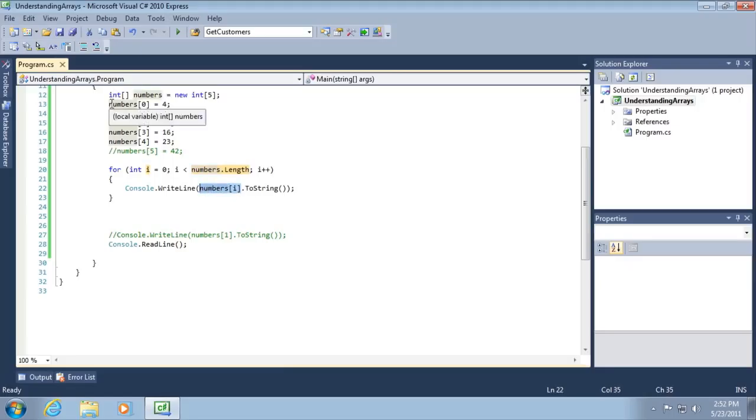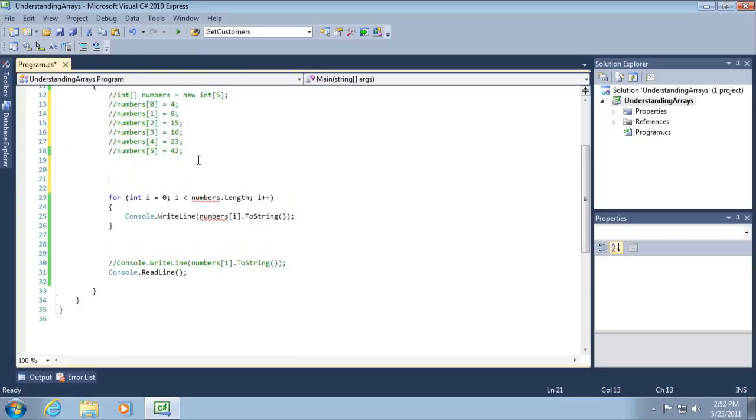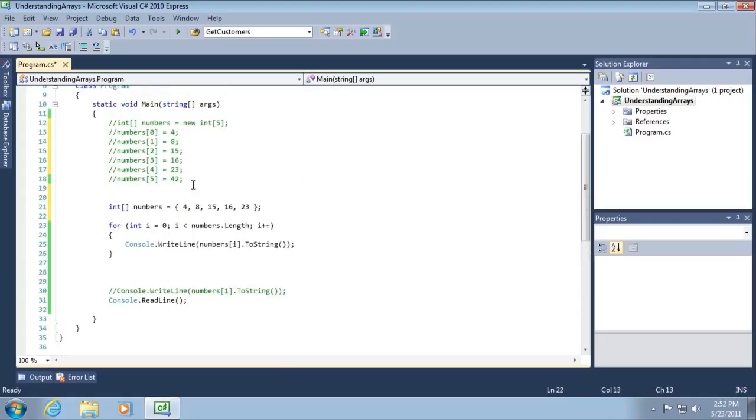Okay, so let's have some more fun. Let's comment out. In fact, I'm just going to select all of these and use the comment out button on our toolbar. Go right above the for loop, and I want to take a different approach at assigning initial values to each element of our array. All right, so we were able to duplicate at least 6 lines of code here in just one line of